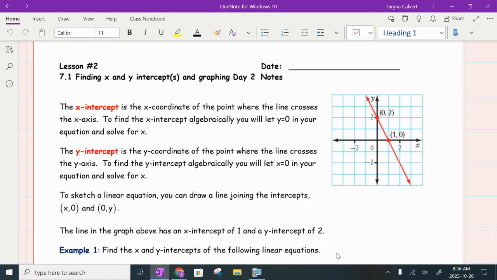So yesterday we graphed using y equals mx plus b. We rearranged the equations and we used the m and the b to graph the line. So this is the other way I'm going to show you guys how to graph a line. And on a quiz or a test, I will ask you to do both, because remember with domain and range,